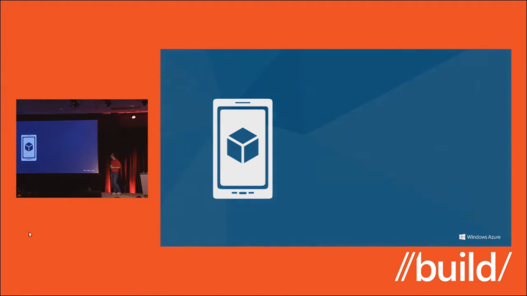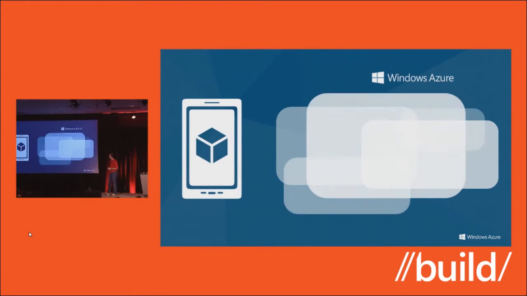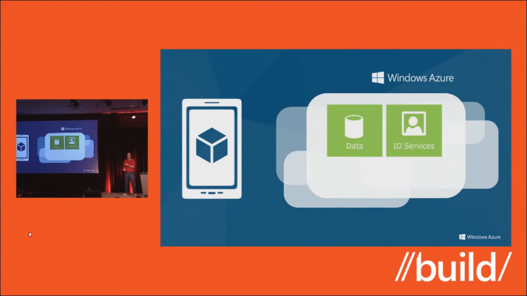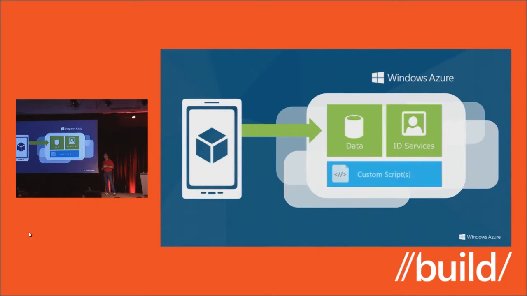We support a variety of capabilities built in, including data support, so you can store and retrieve data in a secure way. Identity services, like Josh showed this morning, where you can use Microsoft IDs, Facebook, Twitter, Google IDs in order to authenticate. And we also support the ability to run custom scripts, also as Josh mentioned, which means you can reach out to other services on the internet. You can also fire push notifications back to those client devices. So it provides a pretty sweet way that you can build backends.